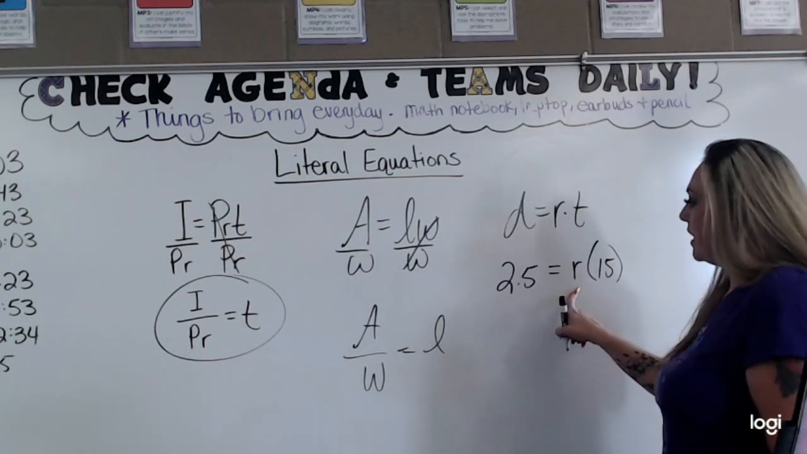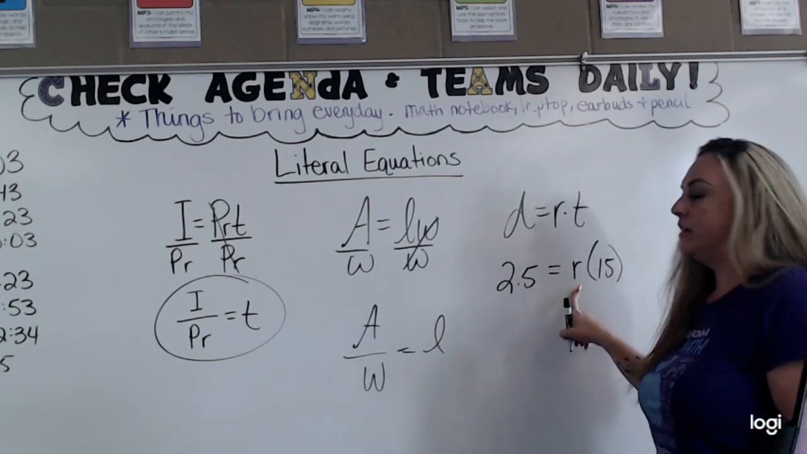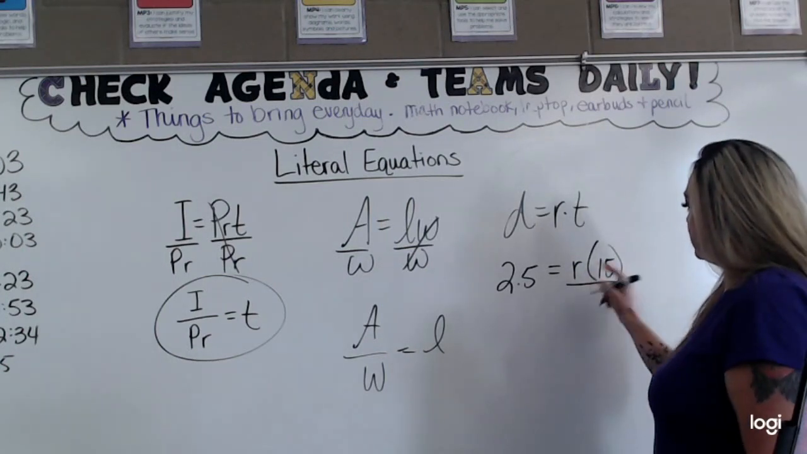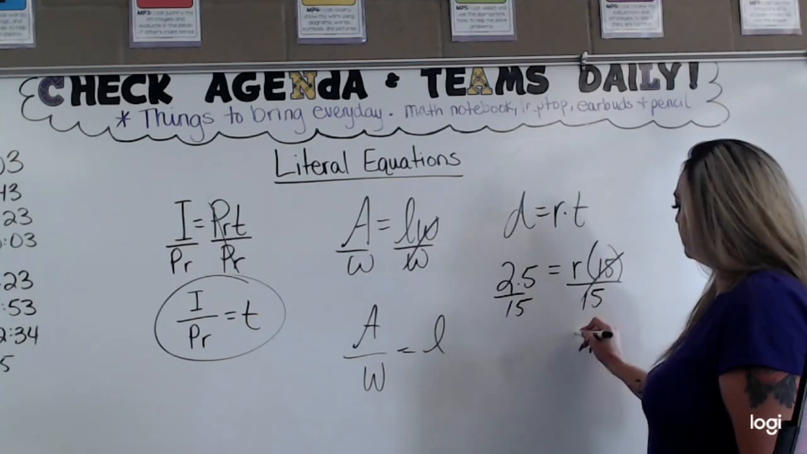So if we're trying to find the rate, we need to solve for R. We need to isolate R. So we're going to undo this multiplication with division. Those cancel,